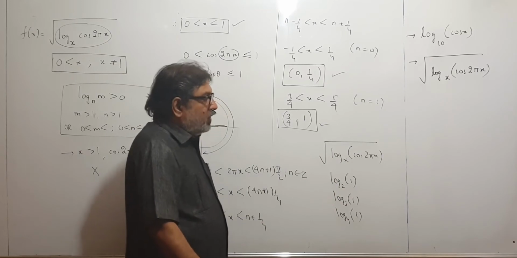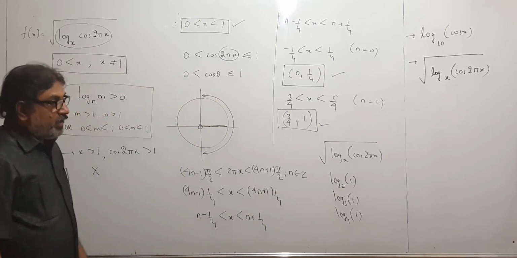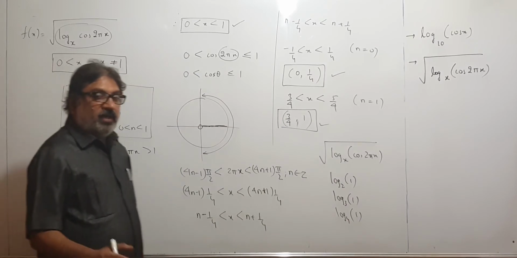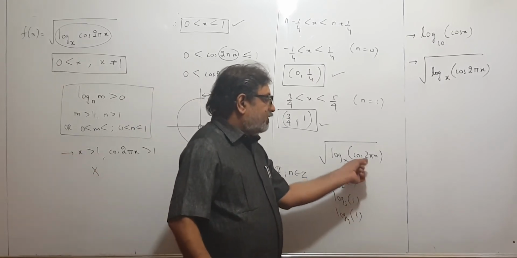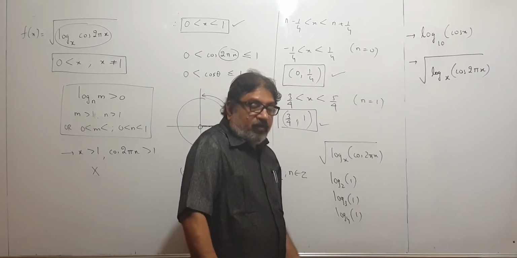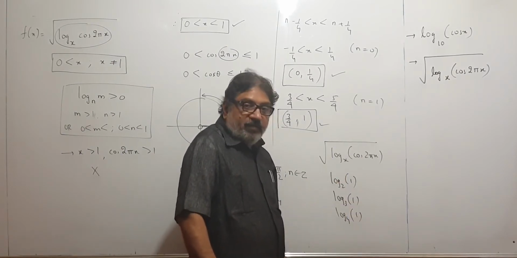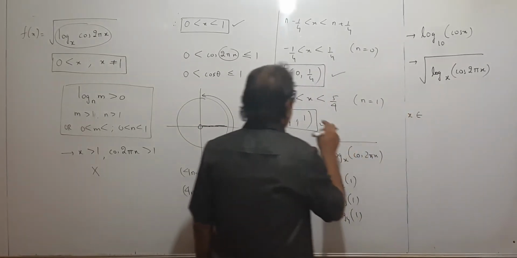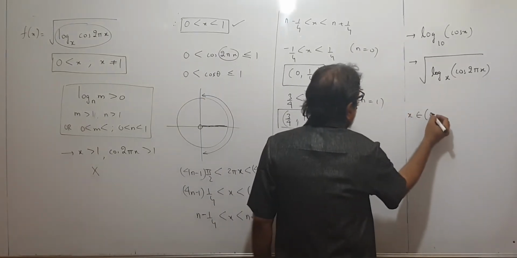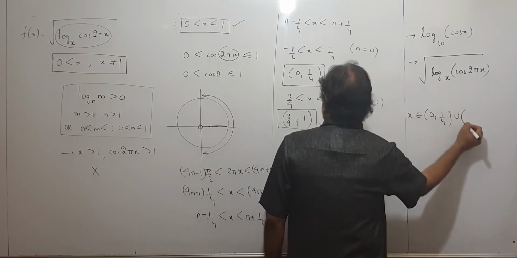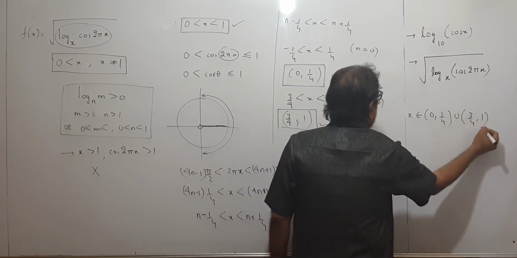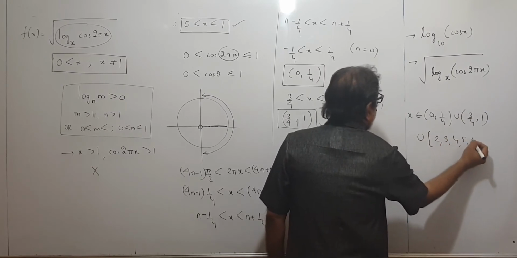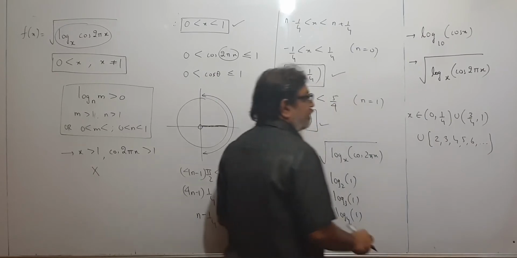So that means apart from these, x can be numbers 2, 3, 4, 5, 6 like this. So look, children, very hard you have to think. See, we got only this, then you may think only this is the answer, but no. Because there is a trigonometric function, you have to think what will happen if this is 1, log 1 is defined, and accordingly we decide. So what are the possible values of x? x belongs to (0, 1 by 4]